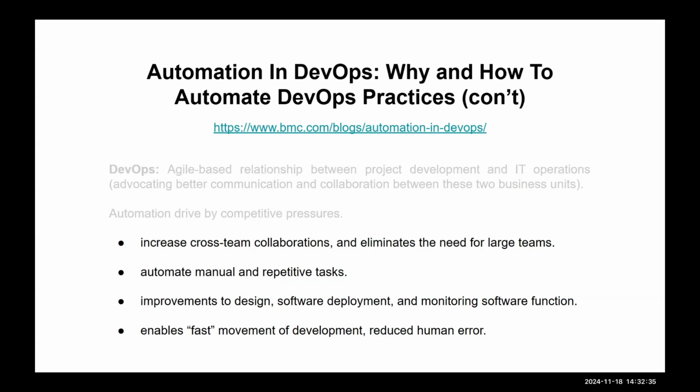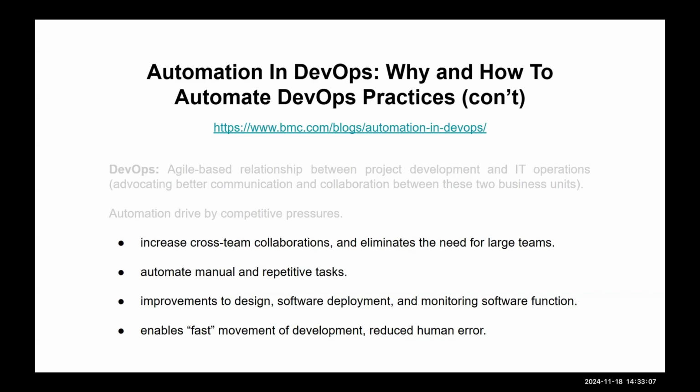Number two is automating manual and repetitive tasks. We talked about that where you have tasks, it might be like working through a workflow, trying to install software, trying things and see if they work. You automate those, you can get those done easily. And then repetitive tasks, things that you have to do over and over. You can do that with automation. So that's a time savings. And it feeds into managing smaller teams.